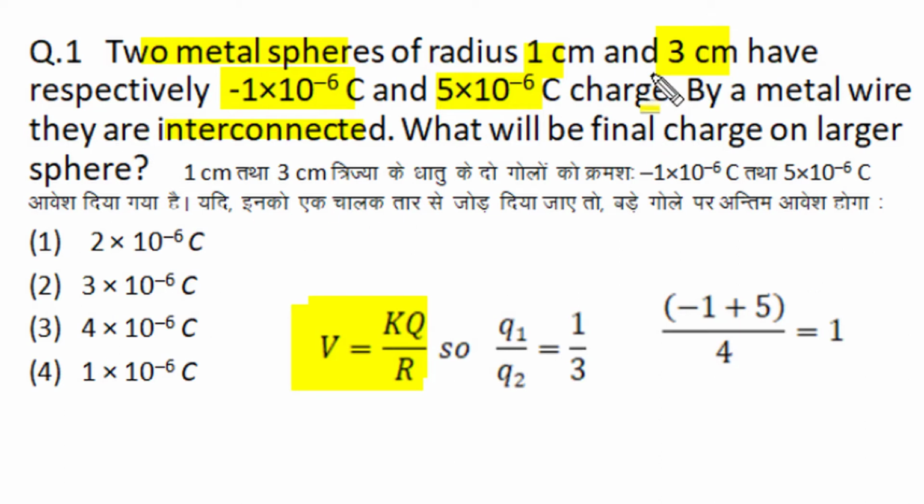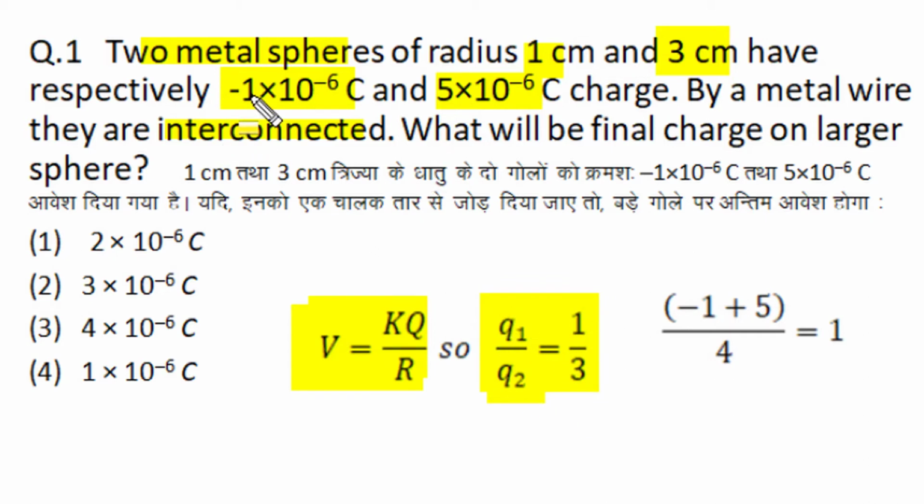we interconnect two isolated metal spheres by a metallic connection, the two spheres will become an equipotential surface and they will circulate their charge such that the potential of both spheres will become the same, and potential is a ratio of charge to radius. So after interconnection, when both spheres have the same potential, the charges on the smaller sphere of 1 centimeter and the bigger sphere of 3 centimeter radius will have a ratio of charge as per the ratio of radius, 1:3, and the